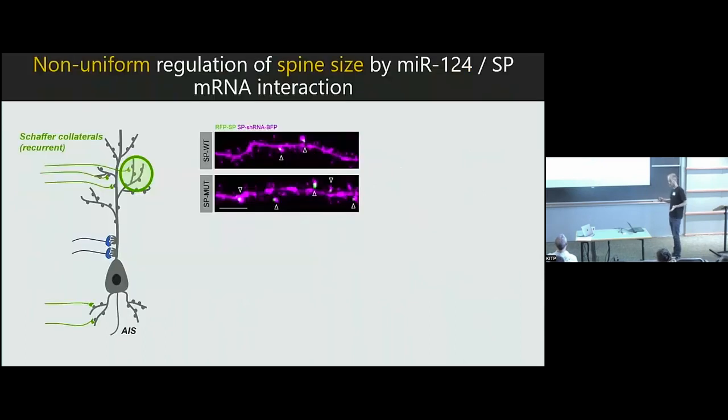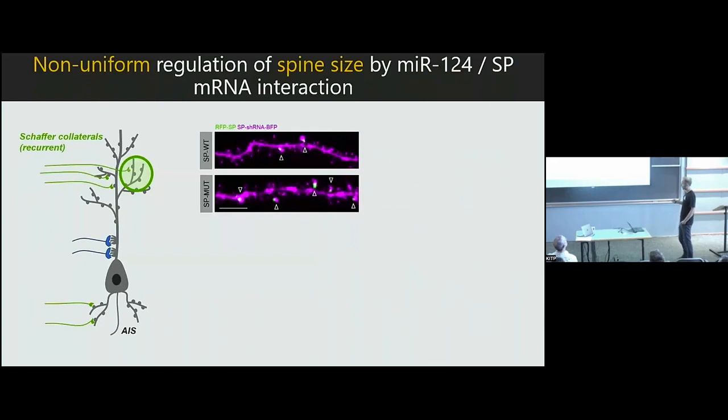Then we wanted to move to a more integrated system with a better organization of synaptic circuits, but in which you can still manipulate neurons and molecules in neurons easily. So we moved to organotypic slices, and we targeted CA3 pyramidal cells with a single-cell whole-cell patch clamp approach. And in this case, we used a replacement strategy.